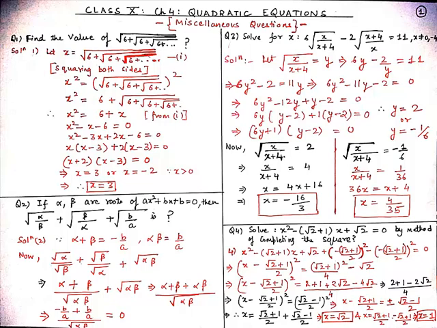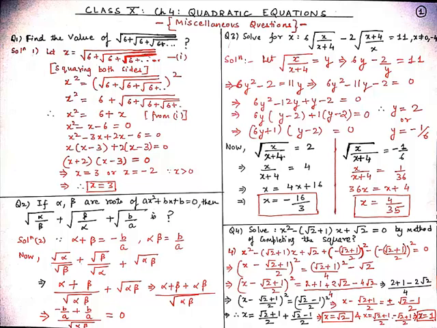And now our third question for today is: solve for x such that 6 square root of x upon x plus 4 minus 2 square root of x plus 4 upon x equal to 11, where x is not equal to 0 and x is not equal to minus 4. In this type of question, let's say square root of x upon x plus 4 be y. According to the question, when we substitute root x upon x plus 4 equal to y, we get 6y minus 2 upon y equal to 11. So from here, on taking the LCM, we get 6y square minus 2 equal to 11y.